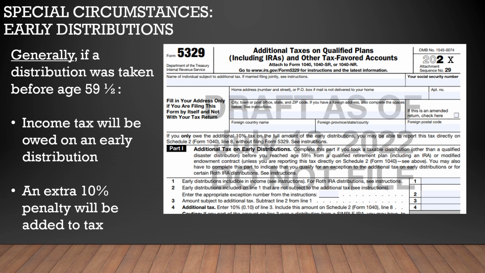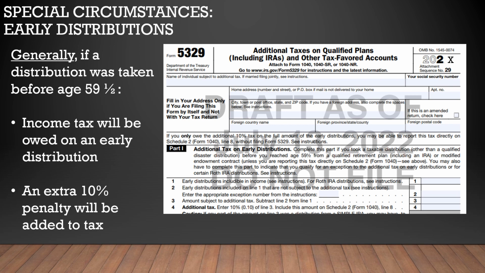So again, if you see, for instance, code 1 in box 7, we have an early distribution. Code 2 refers to early distributions as well, but there was a known exception. Generally, if a distribution is taken before age 59 and a half, then our taxpayer is going to owe income tax on the early distribution. So if they took out the whole amount in their plan, that could really increase their taxable income for the year. And in addition to that, they're going to see an extra 10% penalty added